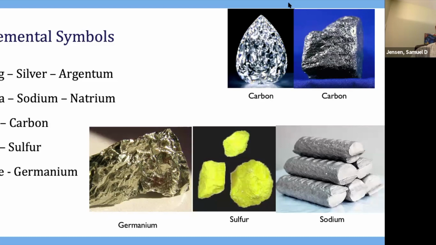So elements come in all different kinds of shapes and forms, okay? If we look at carbon, lots of people like to look at carbon, at least in some fashion, right? Carbon we find in diamond as well as in the form of graphite. Graphite and diamond are both the element carbon. They just have a different structure, okay? Germanium, sulfur. Sulfur is not a metal, sulfur is a non-metal, but it becomes very brittle, right? And our sodium metal is very soft,